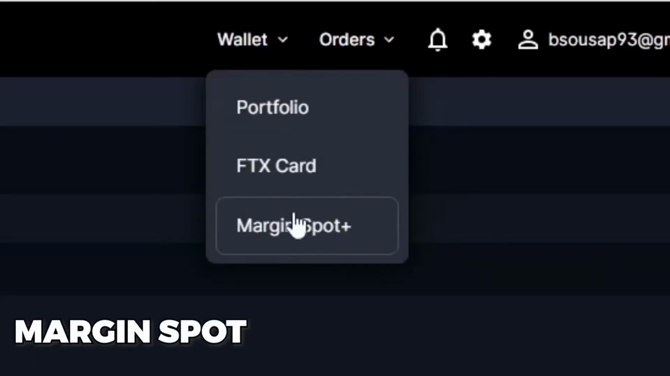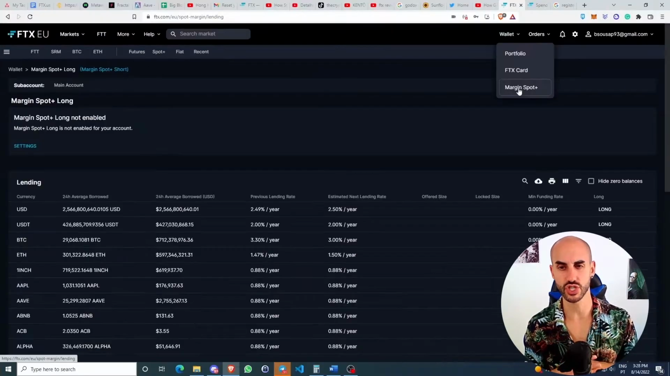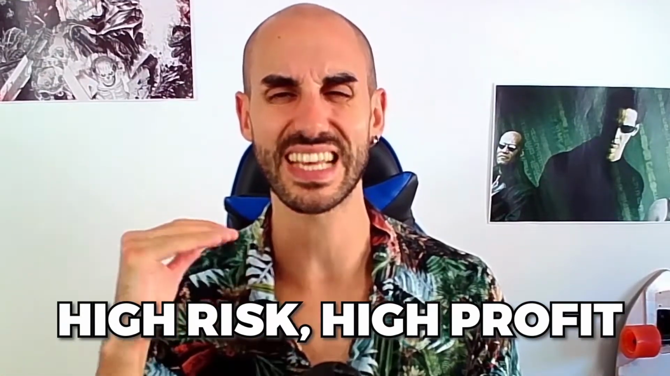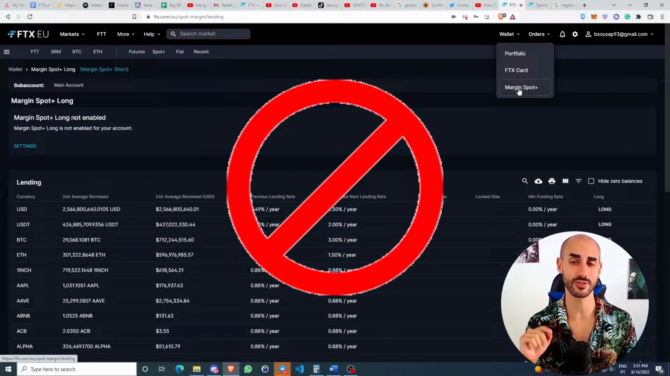On the other tab, margin spot. Basically margin spot is where you trade with leverage, meaning that there's a much higher risk when trading, but the margins for profit are also higher. If you're beginning in crypto, I actually don't recommend that you do margin spot. There's already enough risk